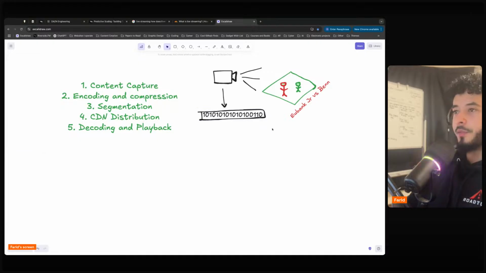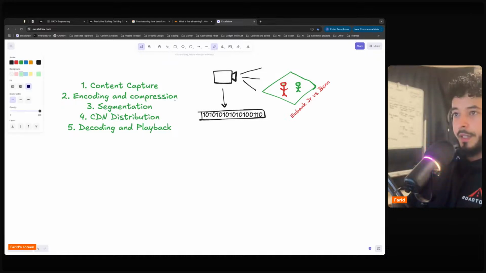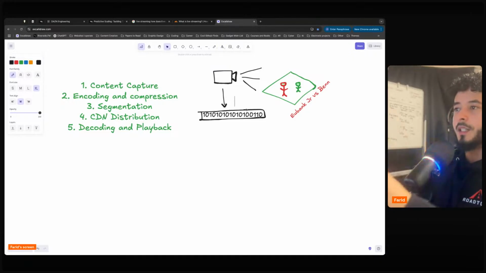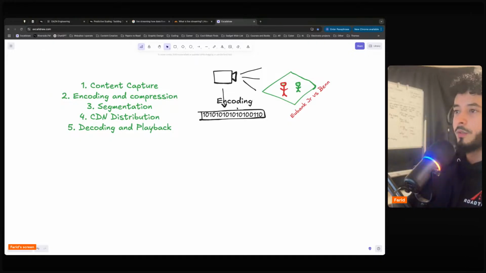I think hopefully by the end of this, we all should have a better understanding of live streaming as a whole. So this is encoding and compression. We'll label this as encoding. By the way, for the post live stream update, I'll probably make a nicer graphic so that you guys can understand this a bit better. I think this rough version is for the viewers trying to understand how live streaming works right here.